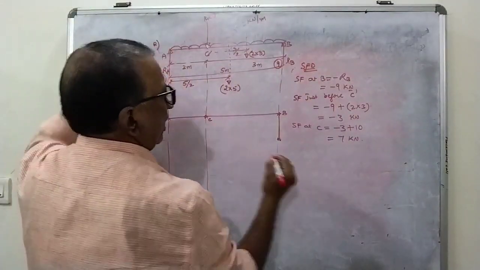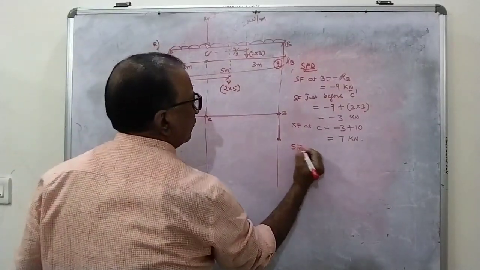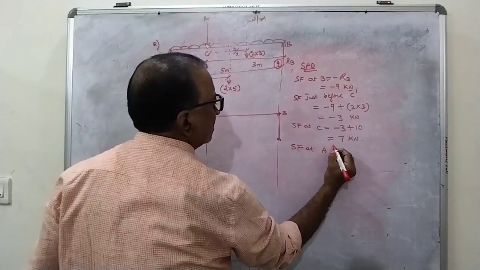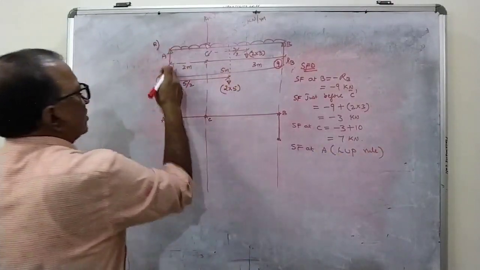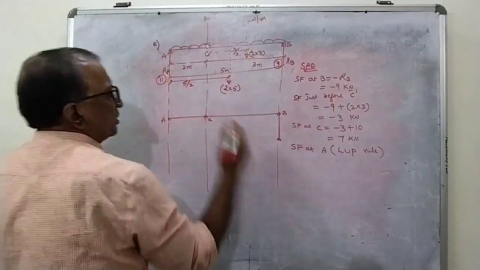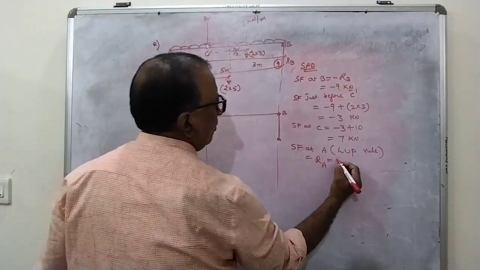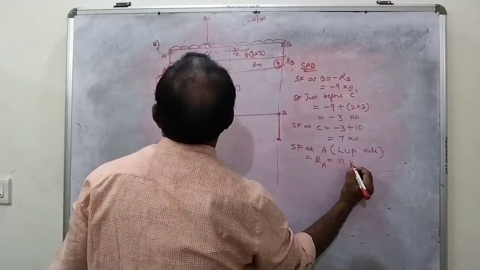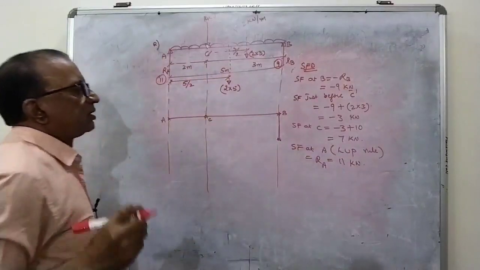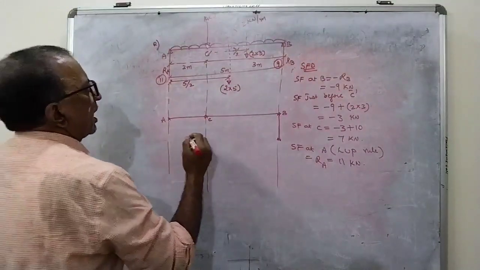Next you go to A, you can directly start from the left side at A. Shear force at A, you can use the Lap rule. Left side upward force is positive. So that is equal to plus RA, that is equal to, how much did we get? 11, I think, 11 kilonewtons. 11 kilonewtons you got. So now, if I draw the diagram,